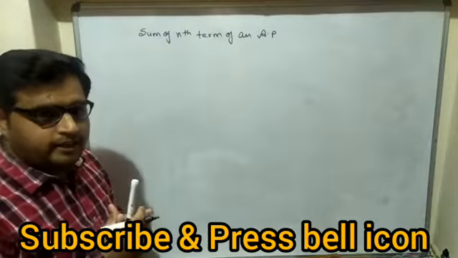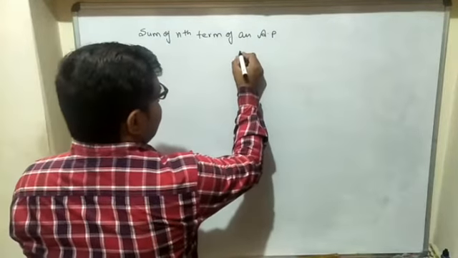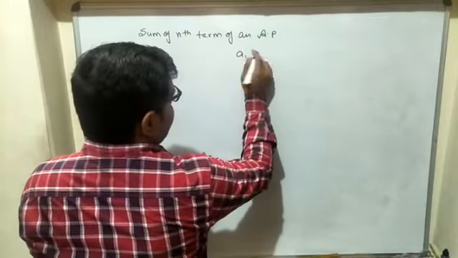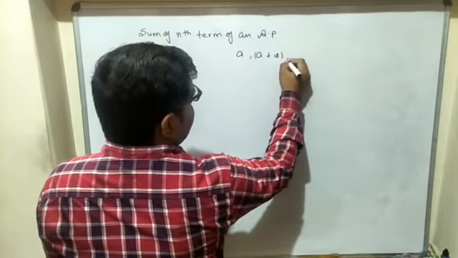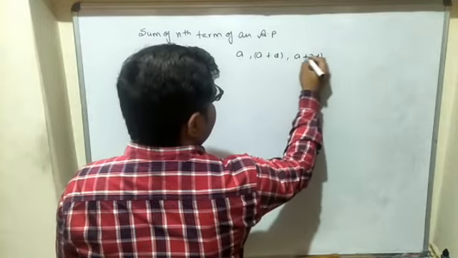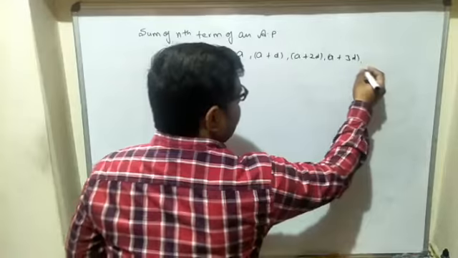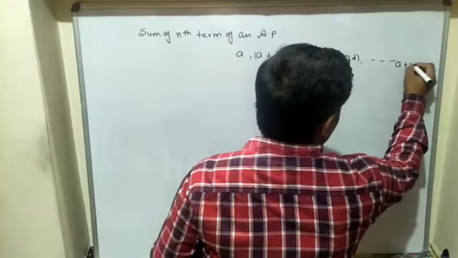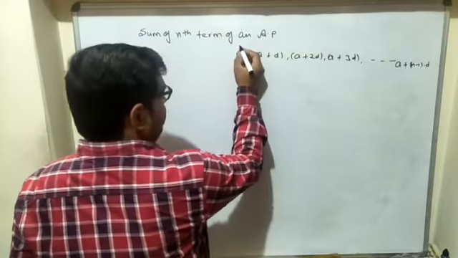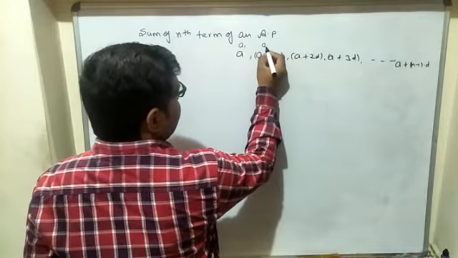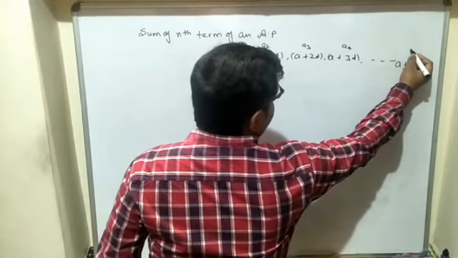It means suppose that we have given an AP, just like a1, a plus d, a plus 2d, a plus 3d, and so on, a plus (n minus 1) into d. And as per these are the terms a1, that is a2, that is a3, that is a4, and that is